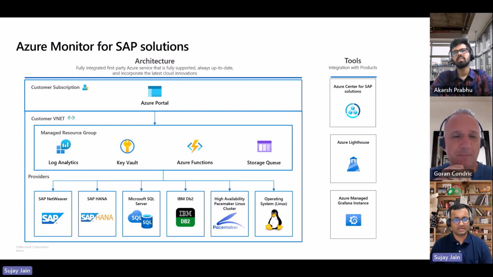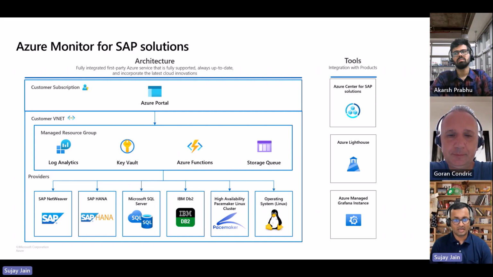Yeah, and absolutely, Goran, that's where I was coming to. Bringing in Azure Functions actually helped us overcome all the problems that we had in past versions of AMS. Again, as you said, customers don't really need to be in the business of maintaining the life cycle of that virtual machine. Scaling has become really easy. Azure Monitor automatically scales based on the number of SAP systems you set up to monitor in AMS. In fact, with the current architecture, with a single AMS instance, you can monitor up to 400 SAP systems. So that's the kind of scale we have reached.